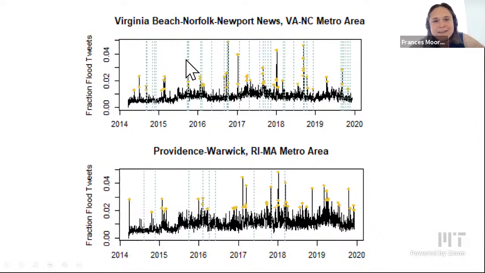And then the dashed green lines are the days identified as minor flooding events at the nearby tide gauge. You can see that we're picking up some events that really correspond to the tidal flooding threshold, but we're also picking up a lot of events that don't, right? Like here or like here. And there are tidal flooding events that don't correspond to Twitter flooding events, right? So what's going on with those? Maybe it's happening in the middle of the night, right? Maybe something else is going on. And so that's the idea.